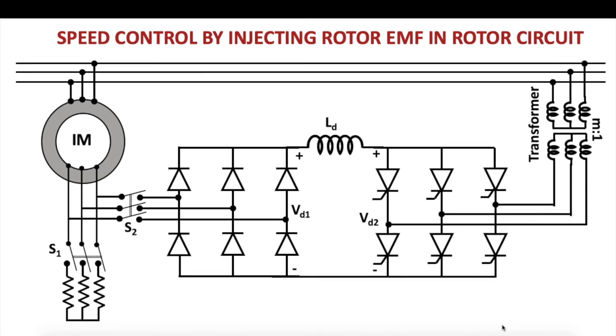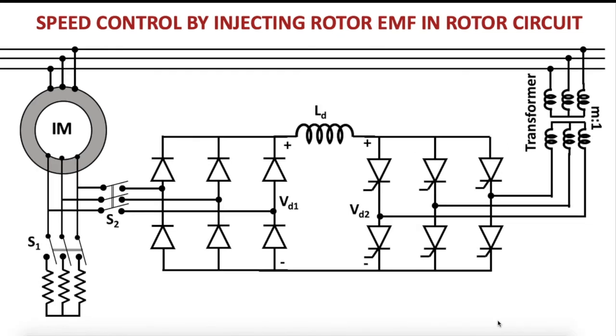So this method is a bit complicated, and it was being applied only to the slip ring induction motor. So presently you don't find much application of it, but initially when the slip ring induction motors were in much more use or application, then this was one of the methodologies by which you try to achieve the perfection in the rotor speed control of the induction motor. You have got two methodologies in this, the Scherbius method and the Kramer's method, but almost the basic principle remains the same, because we are injecting the EMF at the slip frequency.